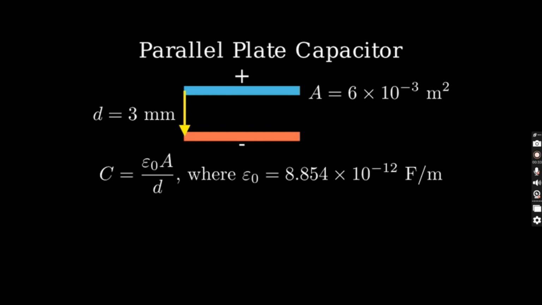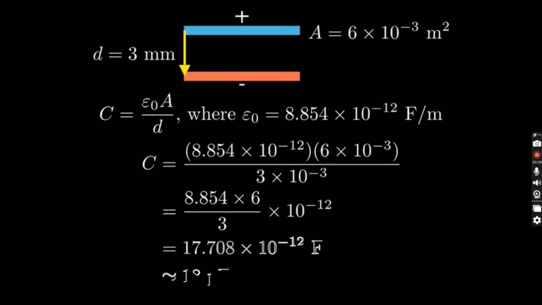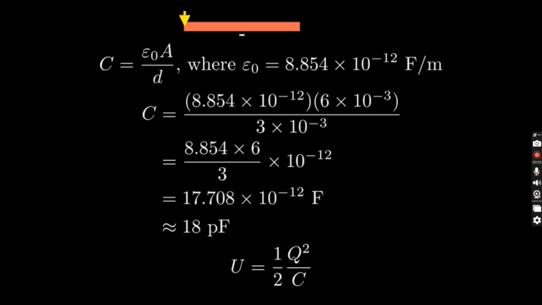Let's substitute our values. We have epsilon naught times 6 times 10 to the negative 3 divided by 3 times 10 to the negative 3. Simplifying this gives us approximately 18 picofarads. Now we're told that the charge on each plate is 1.8 times 10 to the negative 9 coulombs. To find the energy stored, we'll use the formula